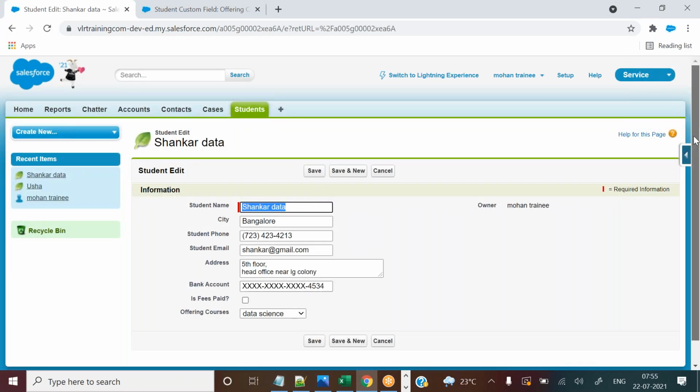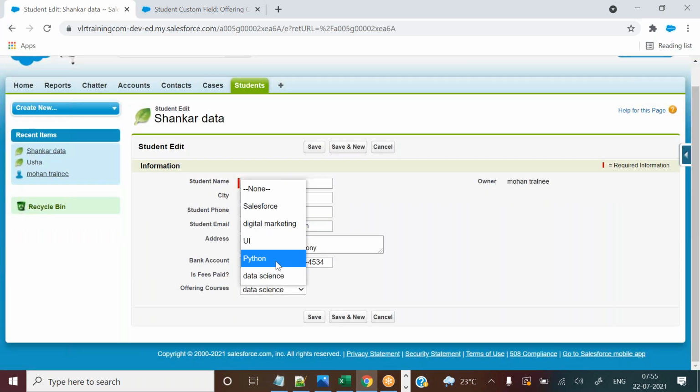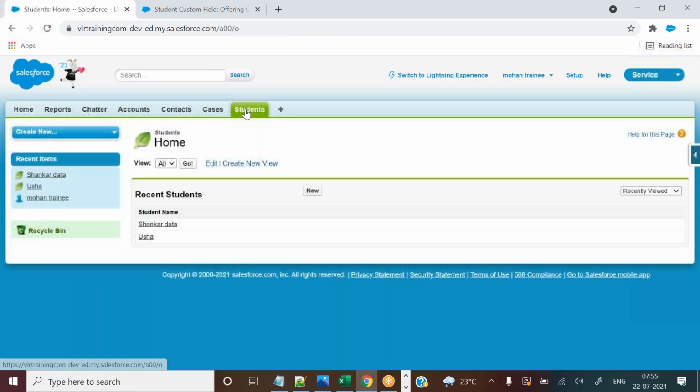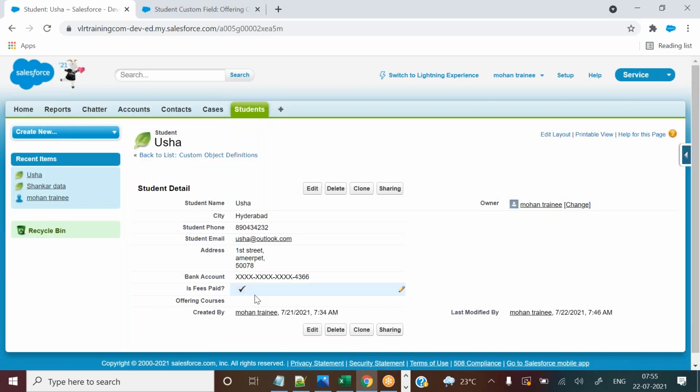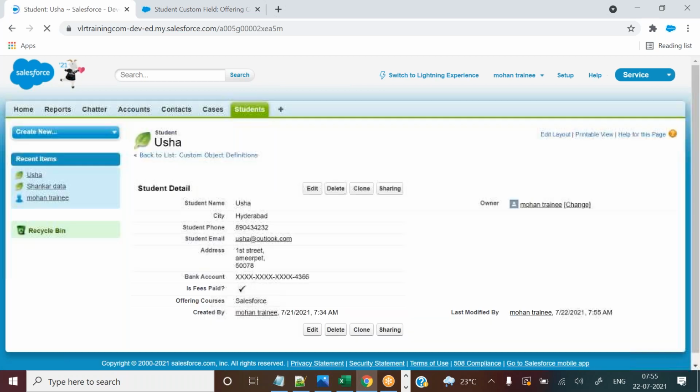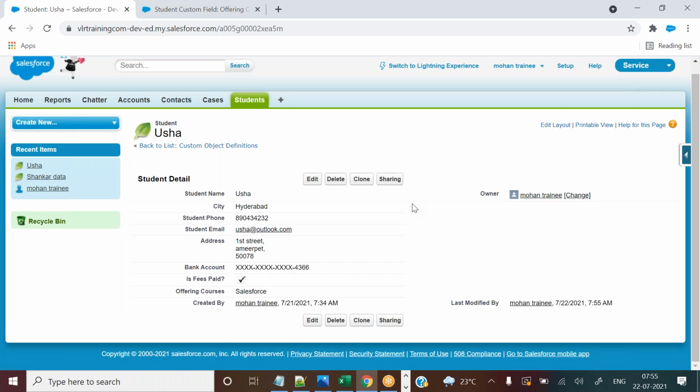What is the meaning of pick list? So this is the list, guys. This is the list. In this list you can pick up a value. So that's how we can call it a pick list. Pick up a value from the list. So simply they can name it a pick list. That's how you can easily remember. You can change it to anything if you want. Okay, that's it. And go to students, go to OSHA and double click on it, inline editing, and select Salesforce and save it. Okay, you can pick a value from this one and add it. So this is the pick list value.